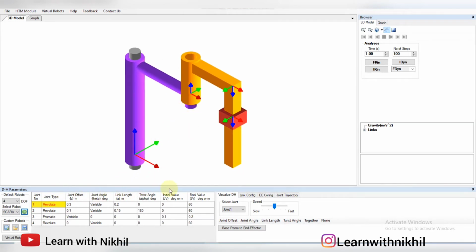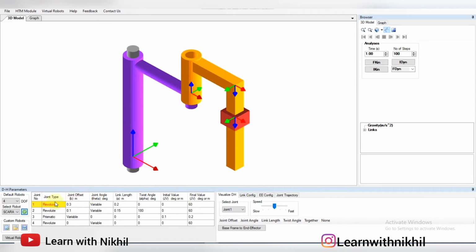So these are the DH parameters given. These are the standard values given. Now we'll see how it moves as I have told you earlier. The first DH parameter is this. This is the revolute joint, so it moves in this way. Now let's see joint number 1, the joint offset, here the B value.